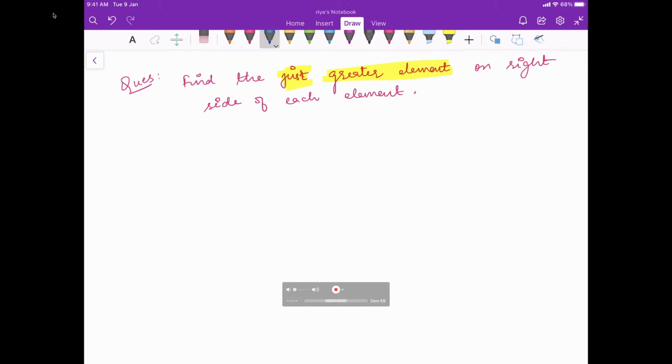Let's take some example and it will make more sense. Let's say the elements are 4, 5, 2, 25. Now let's see what the answer will be. For 4, on the right side, the just greater element is 5. For 5, the just greater element on the right side is 25.